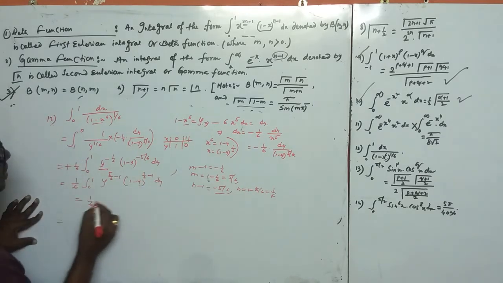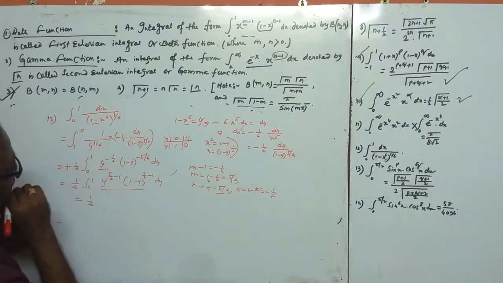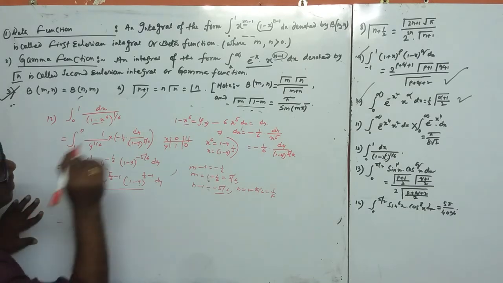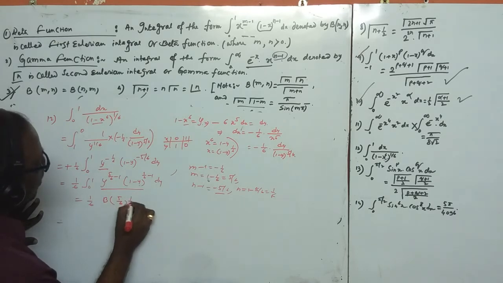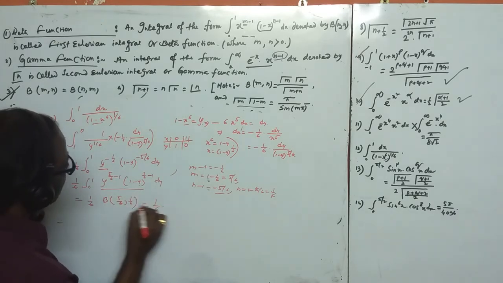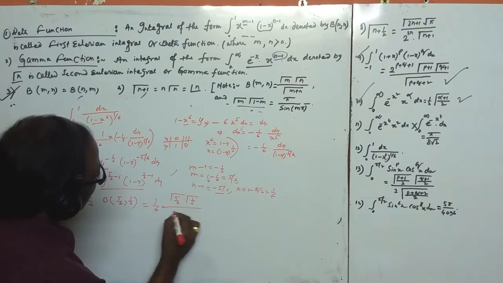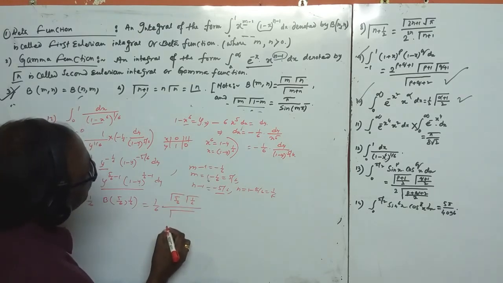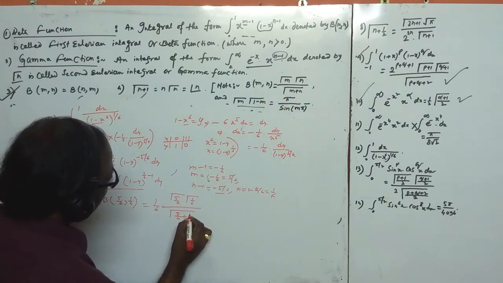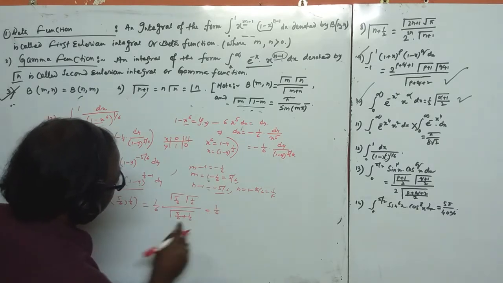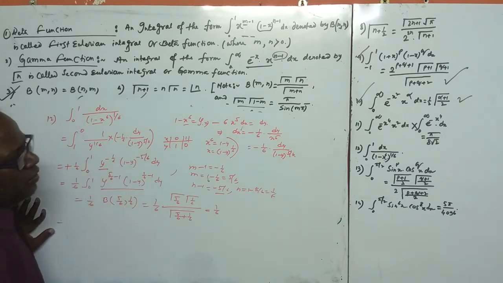This is the beta function B(m, n). So you can write here B(5/6, 1/6). The formula here is gamma 5 by 6 times gamma 1 by 6 over gamma of m plus n, that is 5 by 6 plus 1 by 6, and their addition is 1. So gamma 1 is 1, which I have proven in the first question.